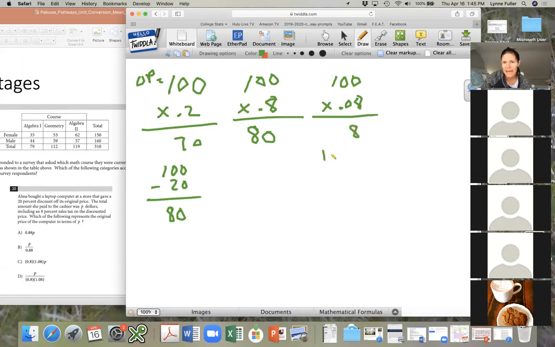And then we can add that to, oh, wait. Sorry, it's on the discounted price. Let me do that again. I thought something seemed funny. Okay, so it's on the discounted price. So she's paying $80, which we've now assumed here. So $80 times 0.08 is $6.40. So now if I have to add that to $80, that means that she's going to pay $86.40 for this